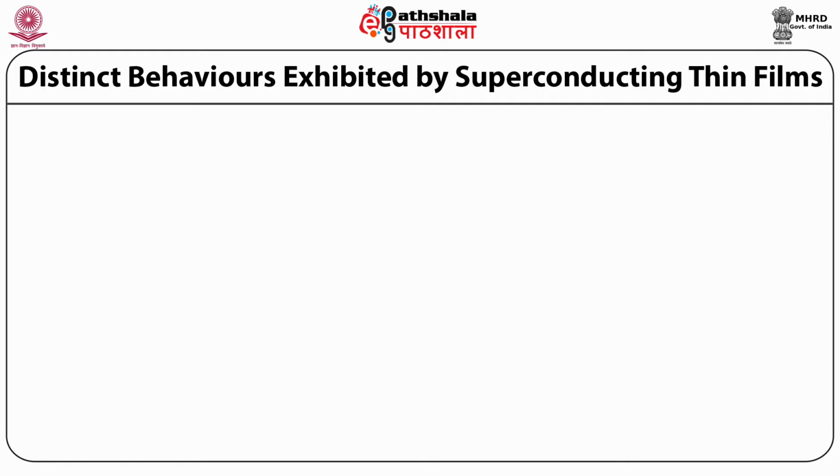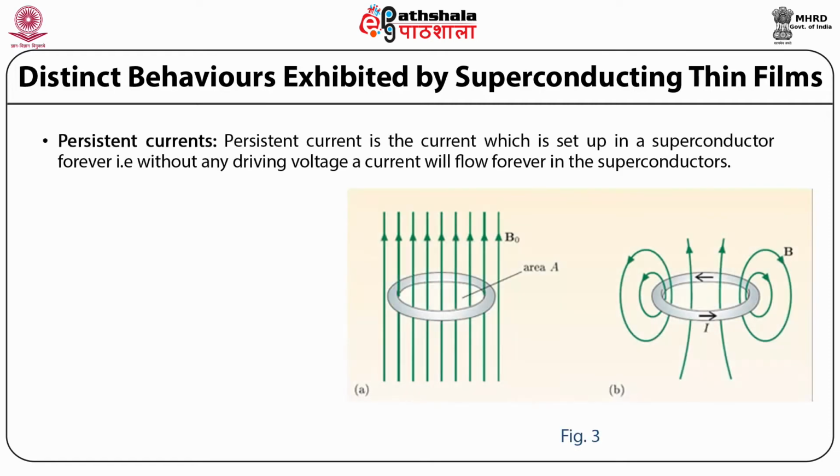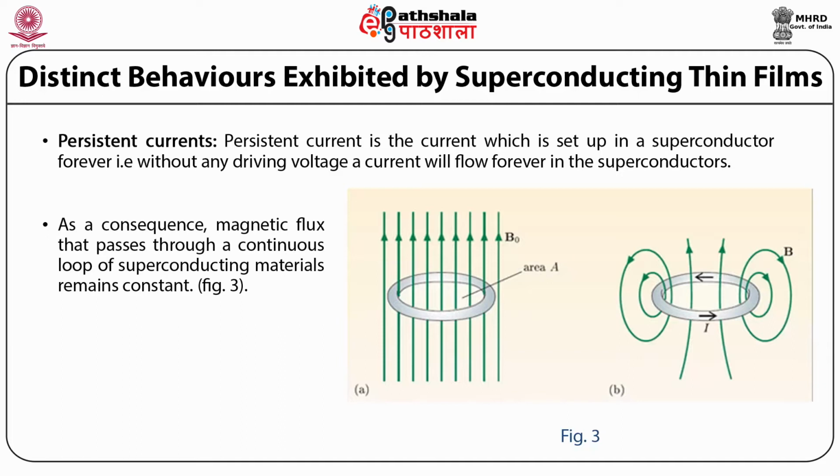Second is the property of persistent currents. Persistent current is the current which is set up in a superconductor forever. That is, without any driving voltage, a current will flow forever in the superconductors. As a consequence, magnetic flux that passes through a continuous loop of superconducting materials remains constant, as shown in the